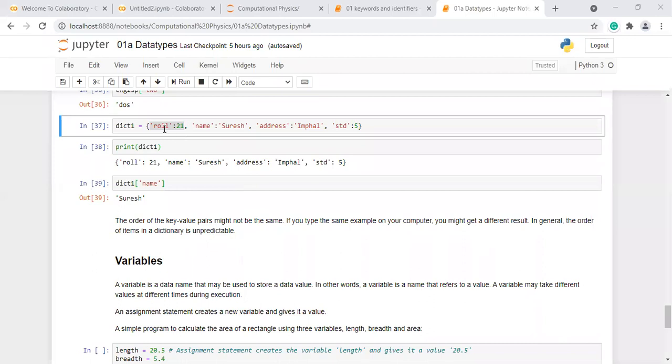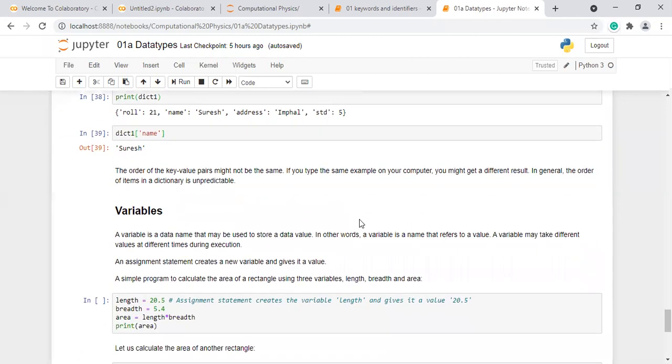So here role came first, name next, address next, standard last. When you print it, the order can change, but the key value pairs will not change. Role will stay with 21, name with Suresh, address with Imphal. The key value pairs don't change, the order of items can change.